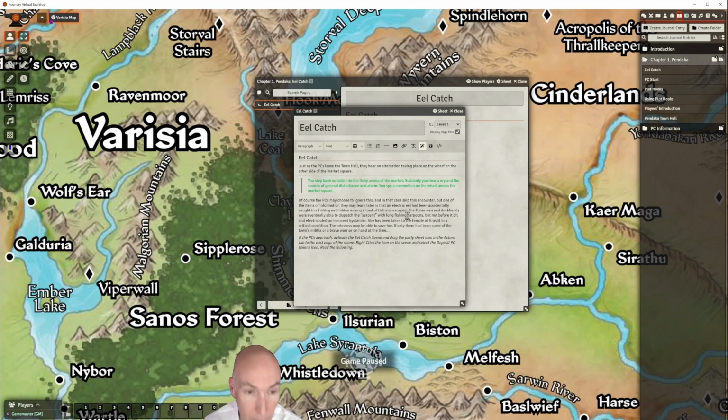Of course, the PCs may choose to ignore this. This is role-playing. They can do anything they like. And in that case, we would skip this encounter. But you might find when the players are exploring Pendaka and gathering information, one item of information they may learn later is that an electric eel had been accidentally caught in a fishing net hidden among a load of fish